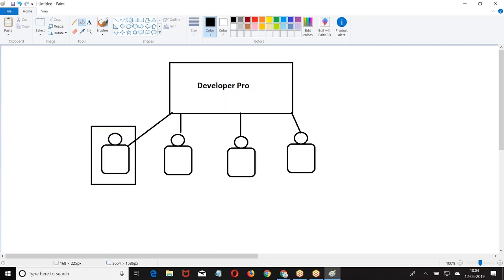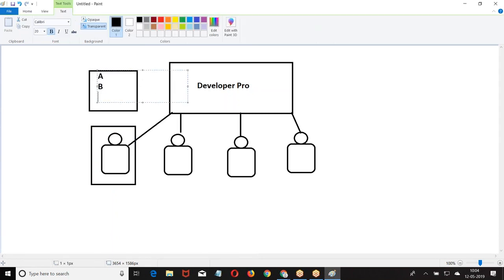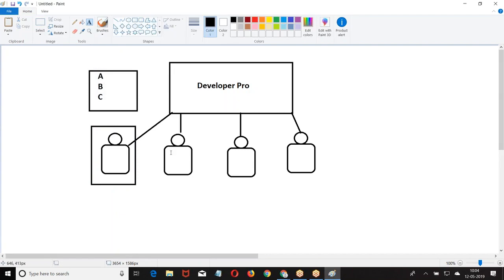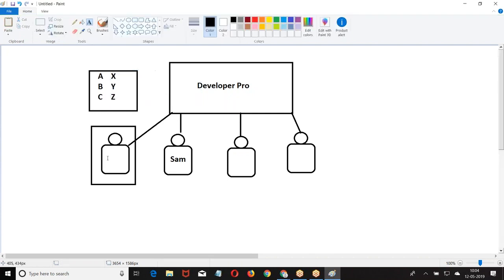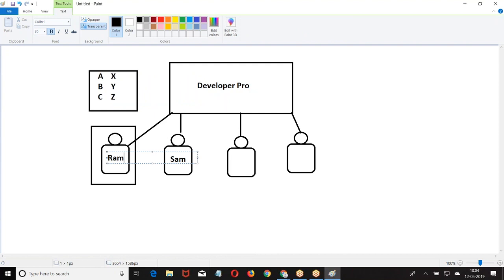Now he wrote a program here. Some file you opened, he wrote a program ABC. Because all the four people can log into the same developer pro sandbox, Sham logged in, opened the file ABC, and modified it as XYZ. He added some code. Then when the same developer Ram came and opened it, what is the file you find? ABC, XYZ. Now that file is not working properly, I want to revert back to the old file.